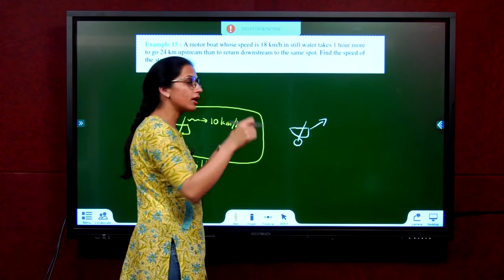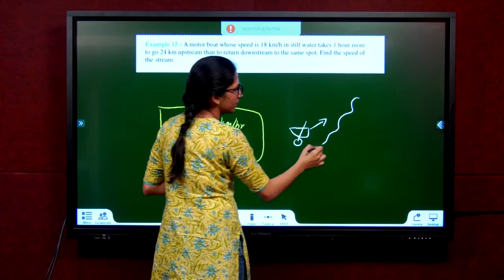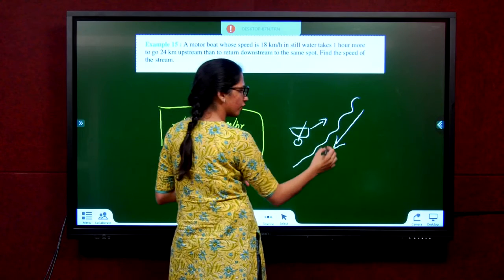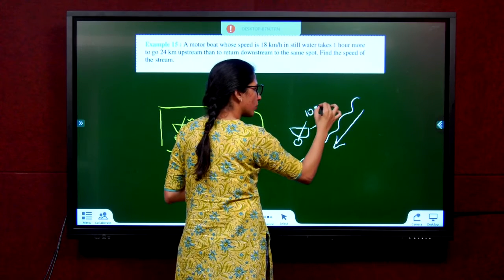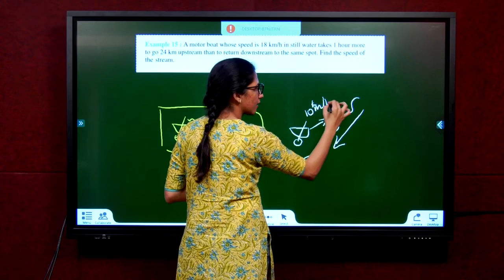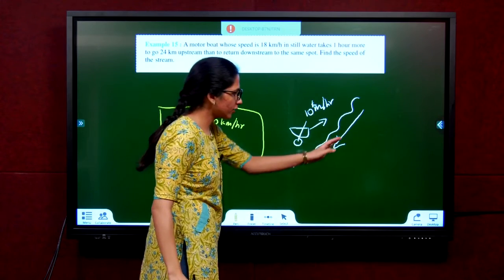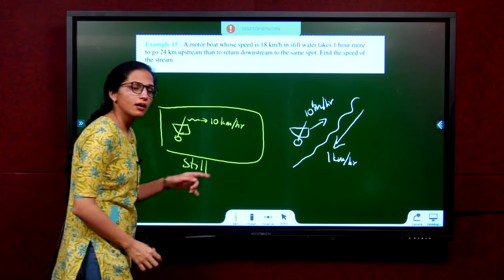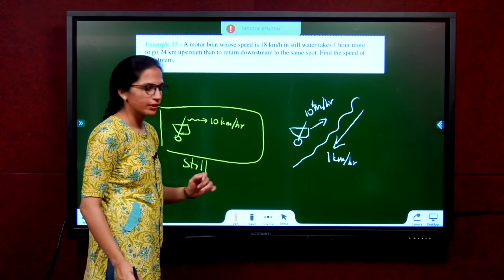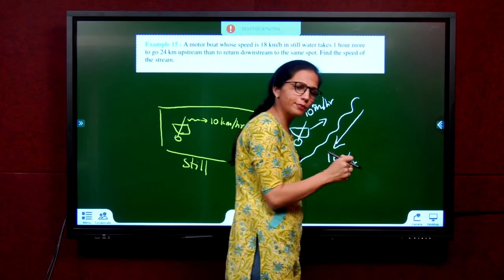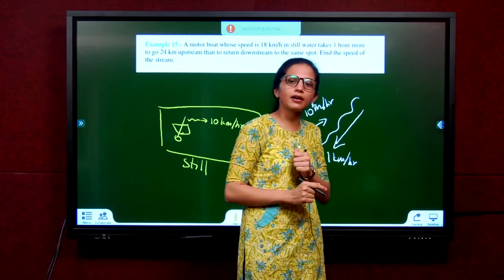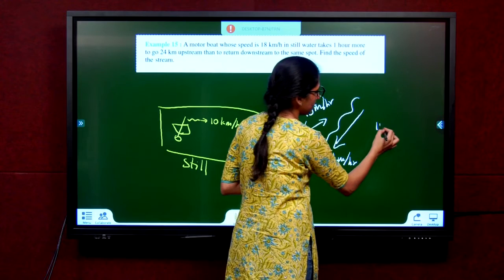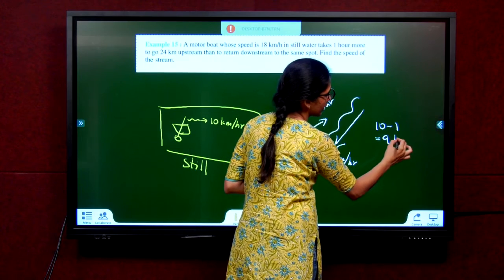I am rowing my boat upstream. Upstream means what? Water always flows down. Water will never flow up. Water is flowing down. I am rowing the boat at 10 km per hour. Let us say the water is flowing down at 1 km per hour. So what is the final speed of the boat? You are trying to go front with 10 km per hour. Someone is pushing you back with 1 km per hour. Total speed of yourself, can I say 9? Yes. So you did 10 minus 1 as 9 km per hour.